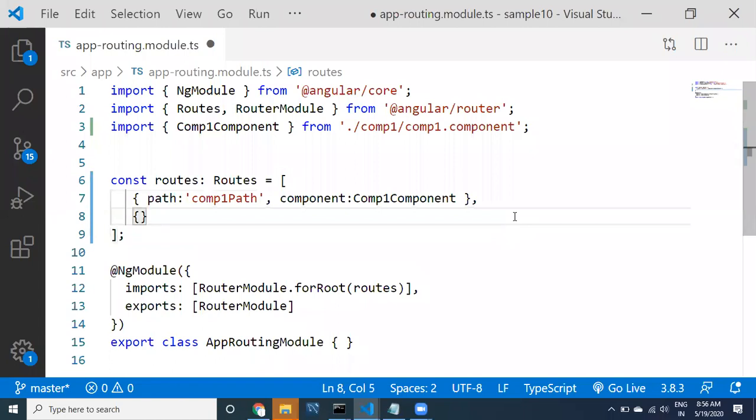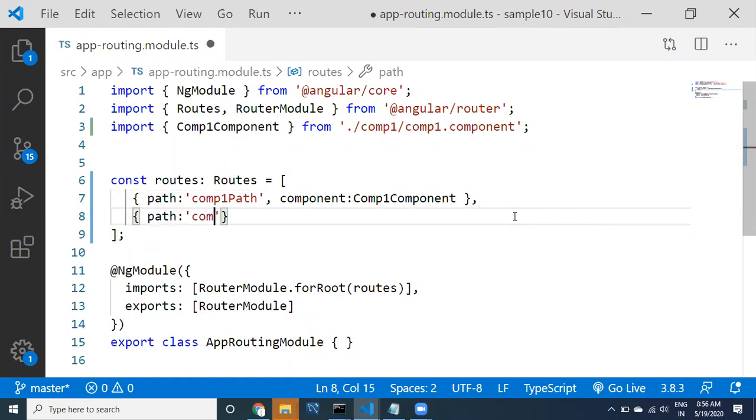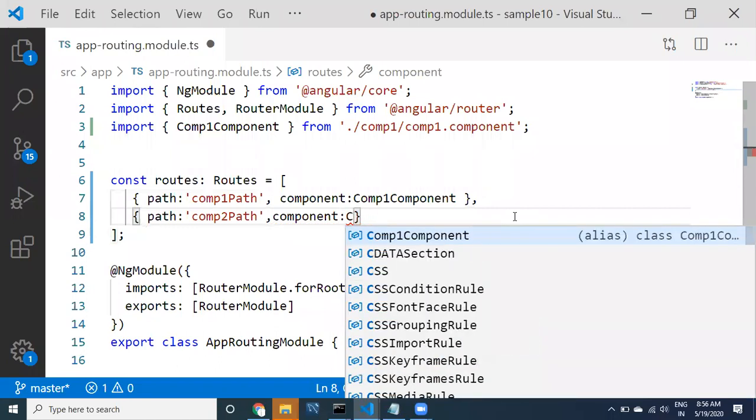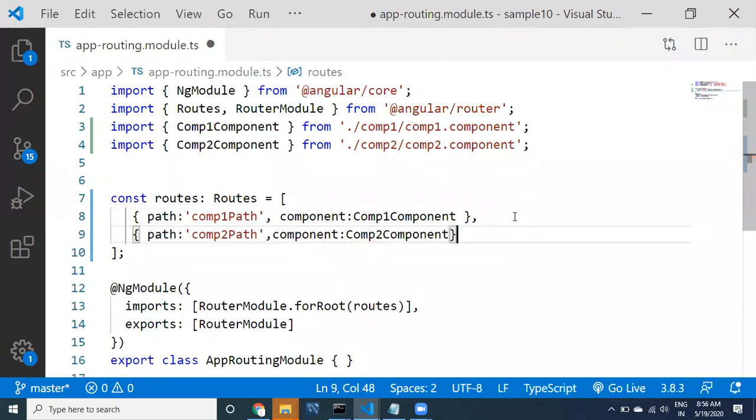Now I need to provide the next information, path. Next one, comp2 path. If comp2 path is available, component colon comp2 component.